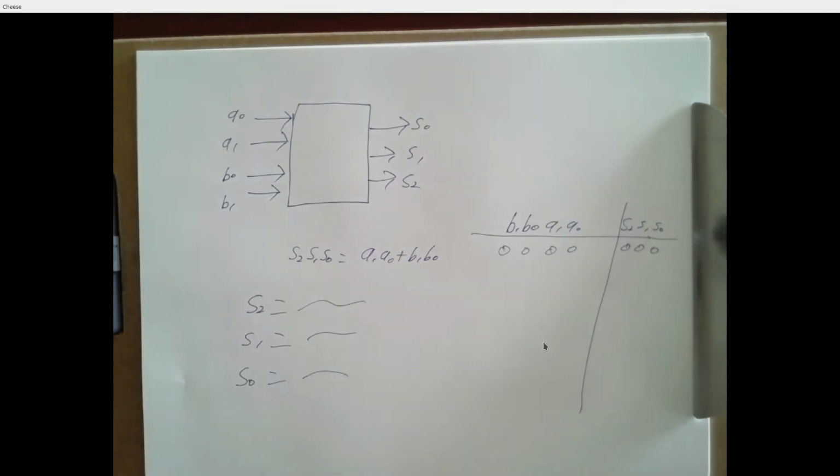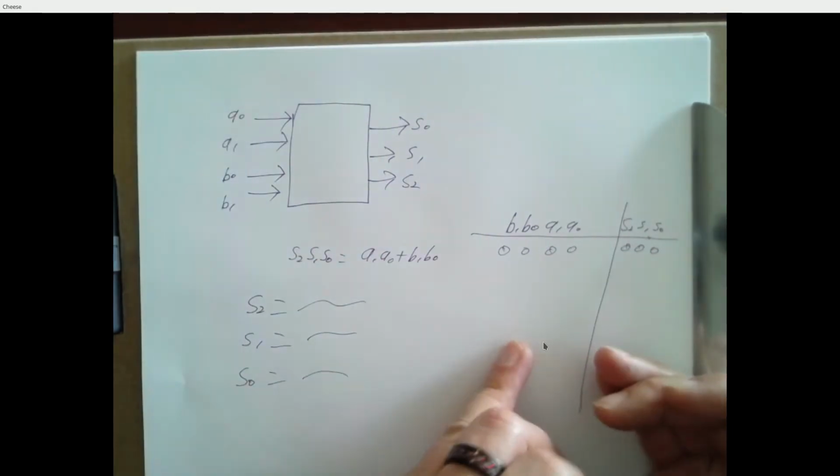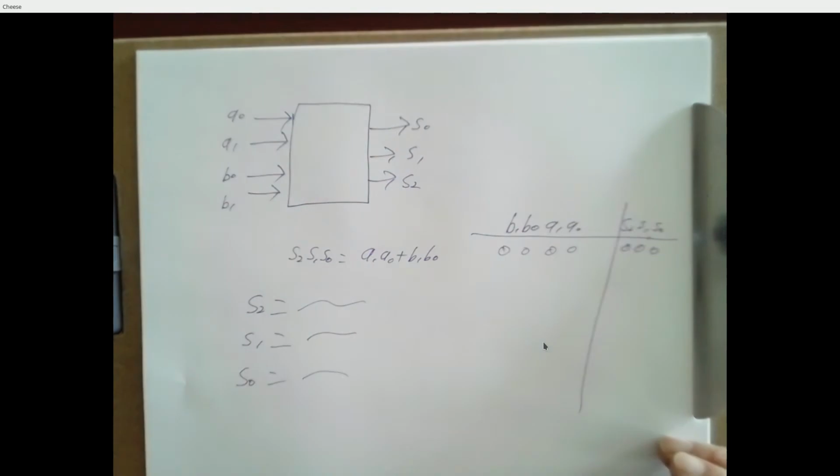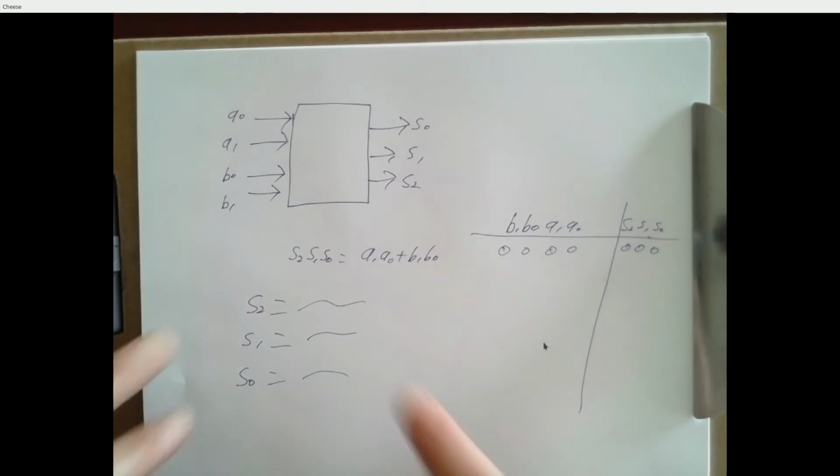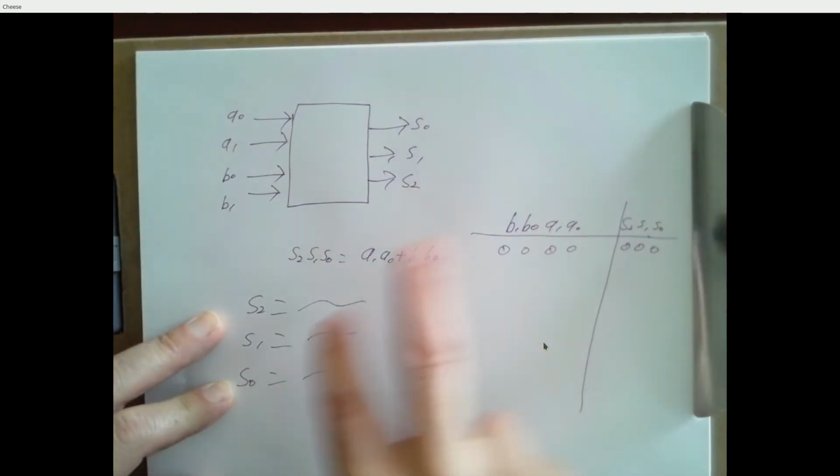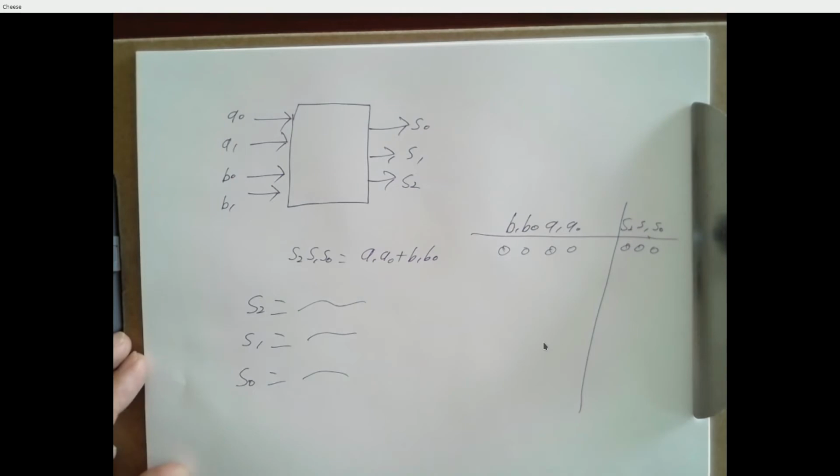So there's a totally different approach. And if you're going to use this different approach, you can't just jump from these equations to a circuit for this other approach. You've got to develop it. You've got to explain in your report what you're doing. So you come up with these 3 equations based on the truth table, but that's probably not what you want to use to actually build your adder. What you really want to do